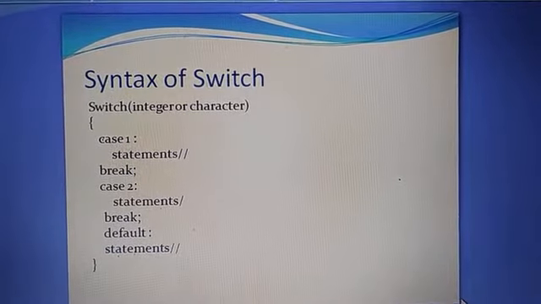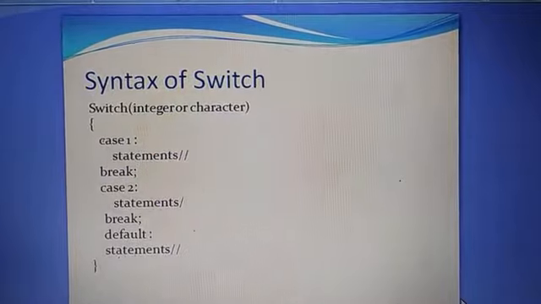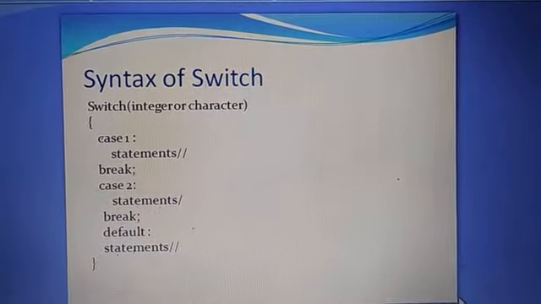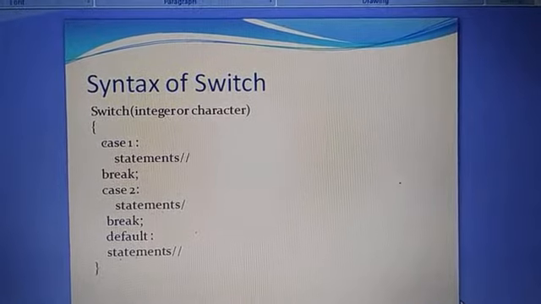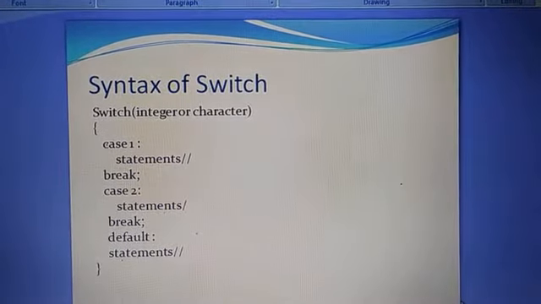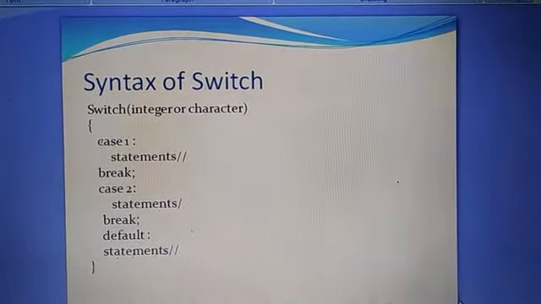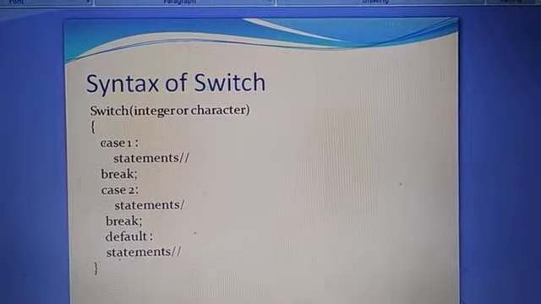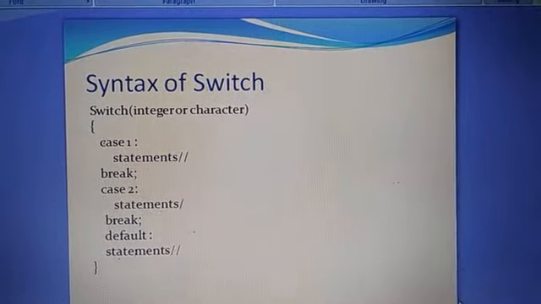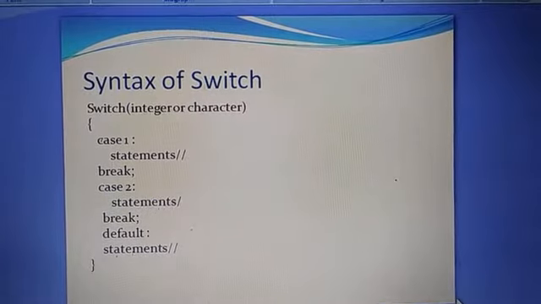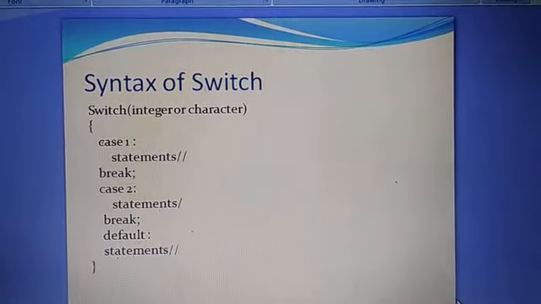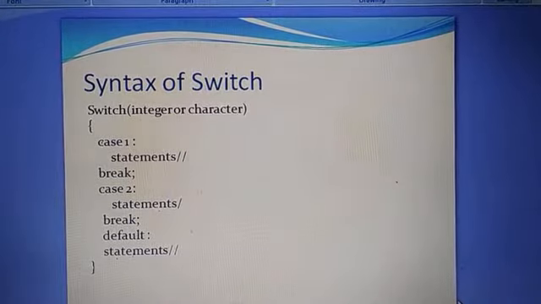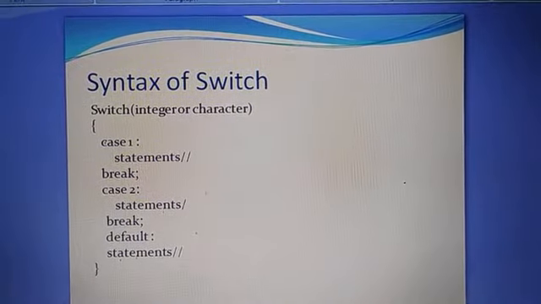Then the same way case 2 and its statements, then break, and then case 3, case 4, as many cases or comparisons as you want. At the last, like the else statement, you write default. If none of the comparisons is true, then the default part will be executed. So this is the syntax of a switch case statement.